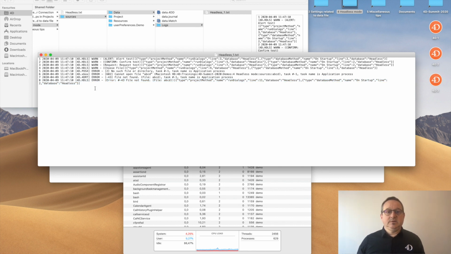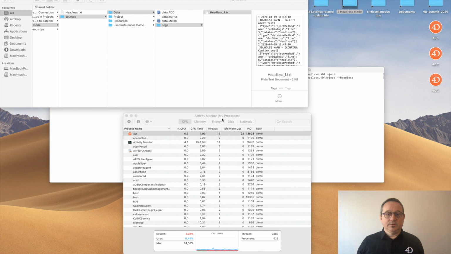So it's easy to see in a deployed application which part of your code has been executed in headless, and it shouldn't have been executed in headless because it displayed a dialog. So you can modify your code depending on the headless state.